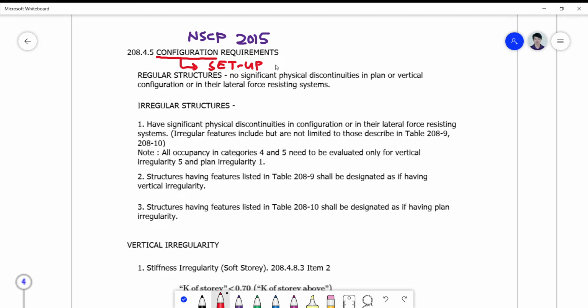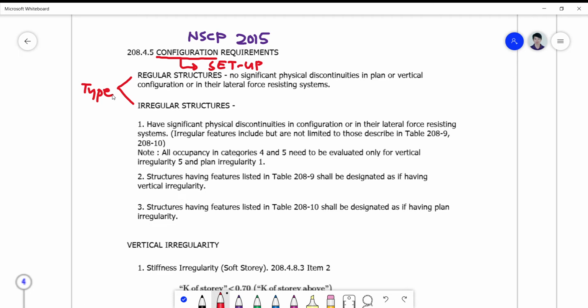And for this lecture, I will be discussing to you the importance of regularity and irregularity in structures. Okay, so we have two types of structures. Basically, we have the regular type and the irregular type. Okay, so the definition of which are based on the subsections of this code